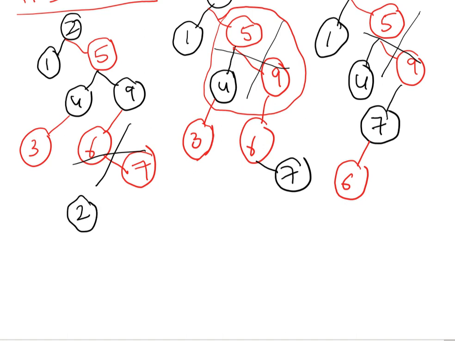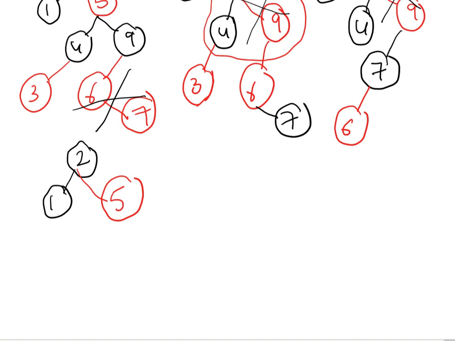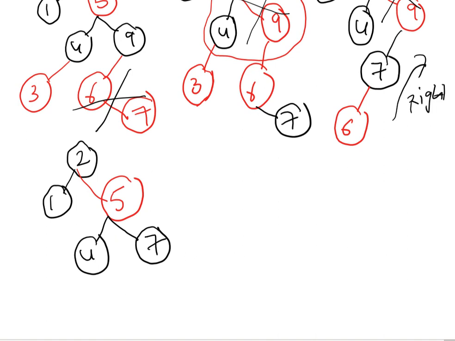Let me draw 2, 1. I am repeating the steps. 5. Here what I want to do is, here as well let me make the same 4. Till here the same: 9, 7, 6. Here I will perform right rotation. Right rotation. At that time what will be? 7. 7 will be the root. 9 will be here. 6 will be here.